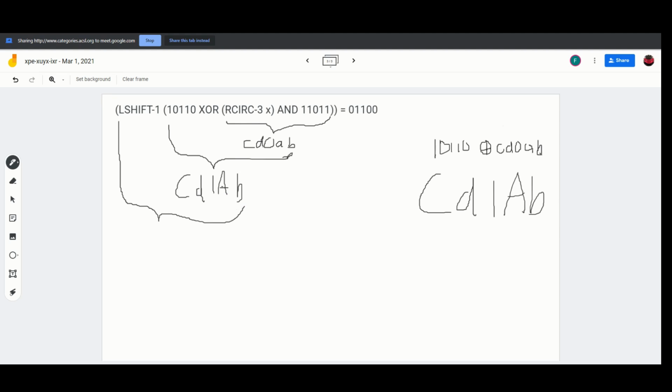And what we're going to do now is just determine what each variable is equal to. And so we can see that D is equal to 0. Lowercase d is equal to 0. Capital A is equal to 1, which means that lowercase a is equal to 0, and then b is also equal to 0. And so then knowing that information, knowing that d, a, and b, all in lowercase, equal 0,